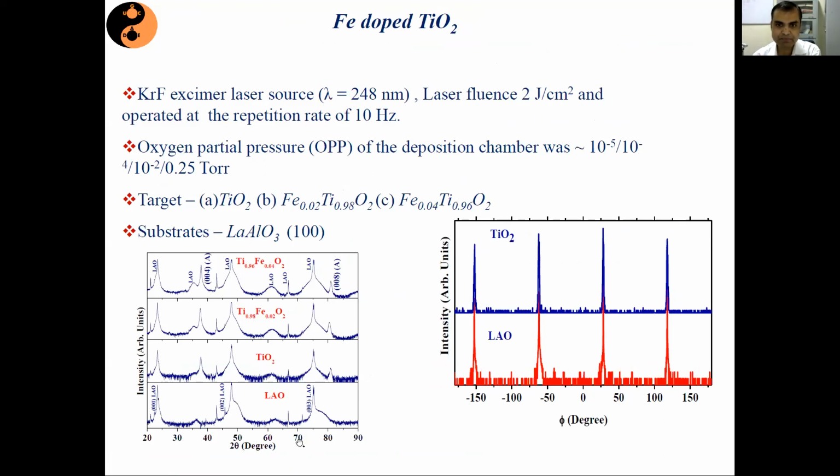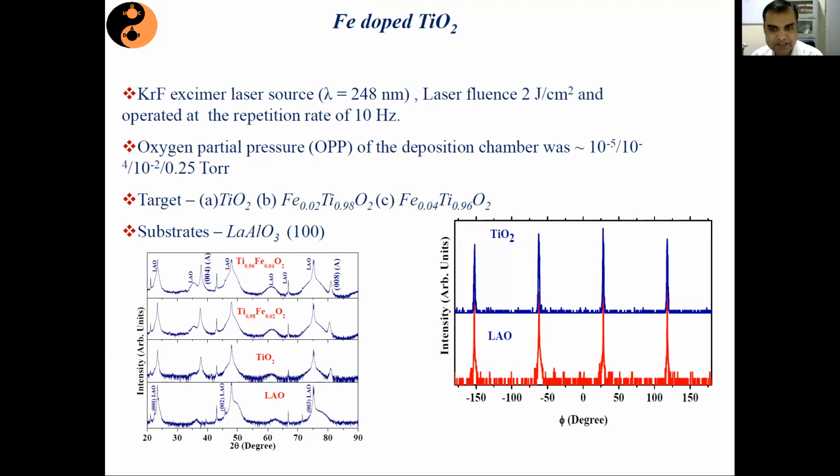So that is how we prepared its thin film using pulsed laser deposition, which confirmed that we had a single phase of anatase TiO2. Please remember, the target was rutile TiO2, but in the thin film we had this anatase phase formation. Why? Because the substrate, the temperature condition of the substrate, and the oxygen partial pressure during deposition were chosen in such a way that we obtained a single phase of anatase TiO2.